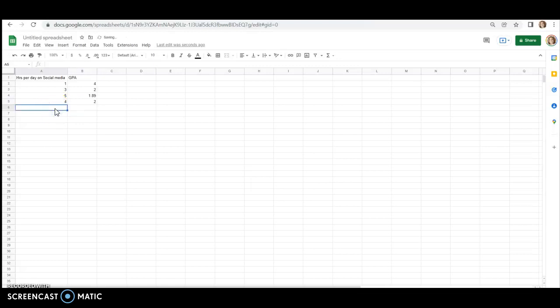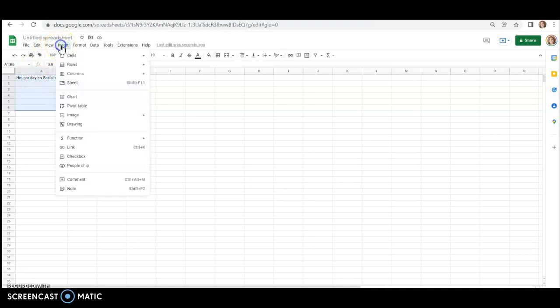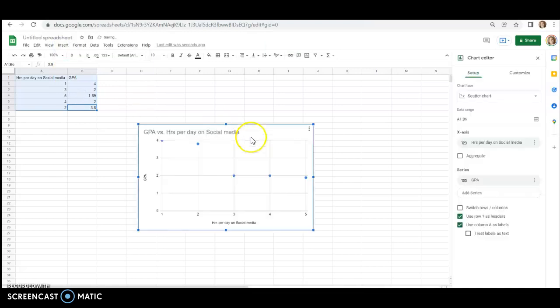Let's see what else. And the next person said that they spend 2 hours a day on social media and their GPA is 3.8. You would go down and put all of the little pieces of information in, all right? You will put all of those in. When you get all those little sheets of paper added or entered in, you highlight the 2 columns, go to Insert, go to Chart,